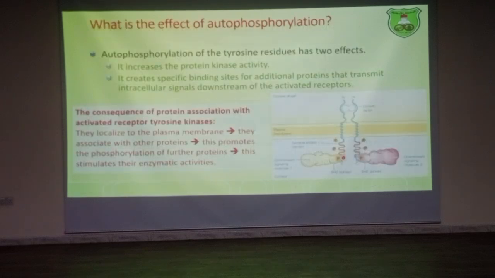What does autophosphorylation do? Two things. The kinase activity of the enzyme becomes even better. It becomes stronger. It gets activated or more activated. It's already active, but it gets more activated. The other thing, the addition of a phosphate group to the receptor